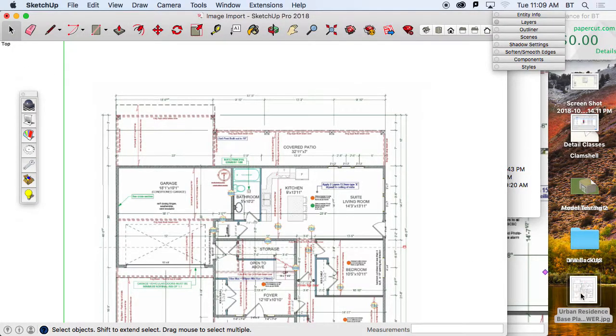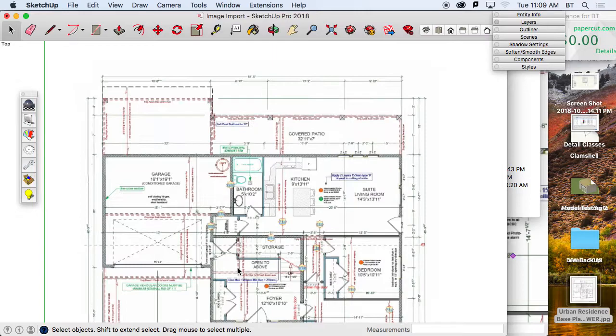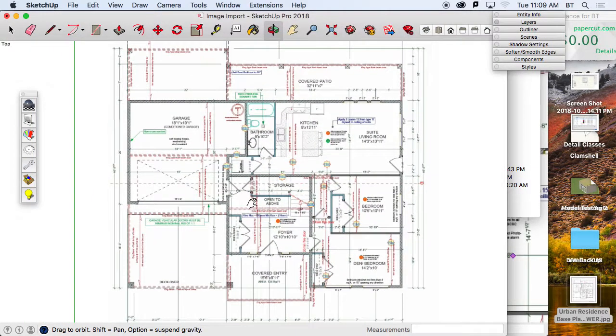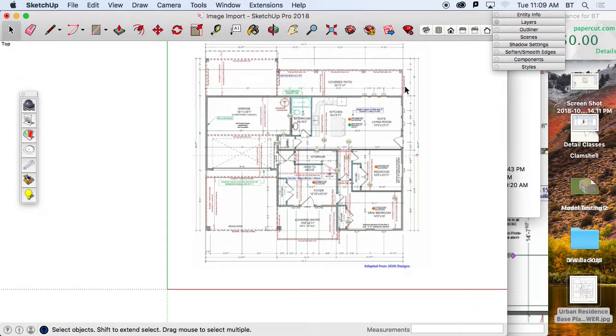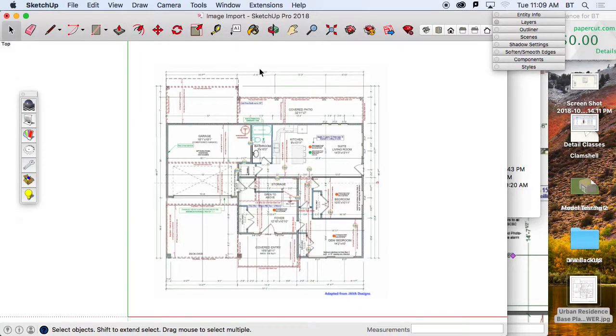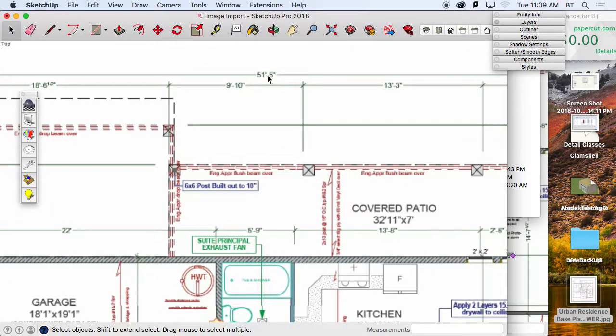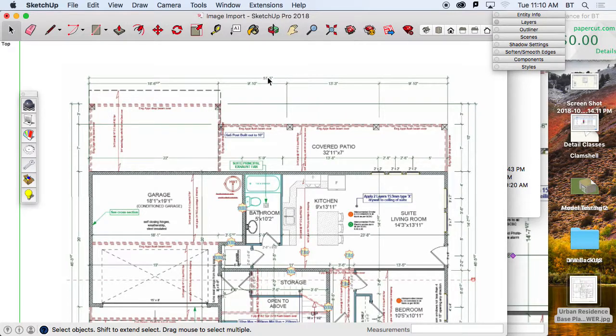Okay, so I've clicked and dragged my image into my SketchUp, and then the first click sets the point, the location of the corner of the image, and then the second click sets the size, the width of my image. Now, it's not going to be exactly what I put in, 55 feet, because I knew that this was 55 foot 1 or 51 foot 5, but it's going to use the bounds of the entire image for